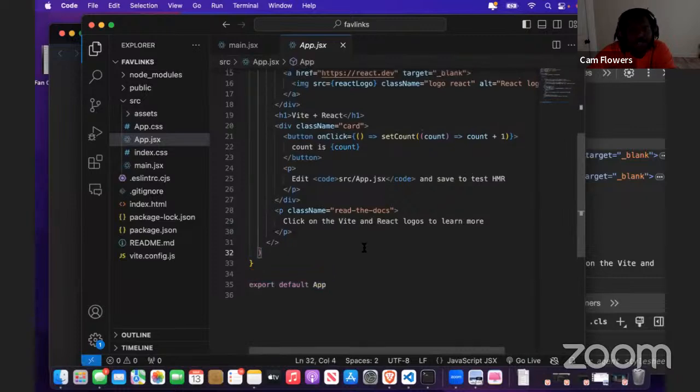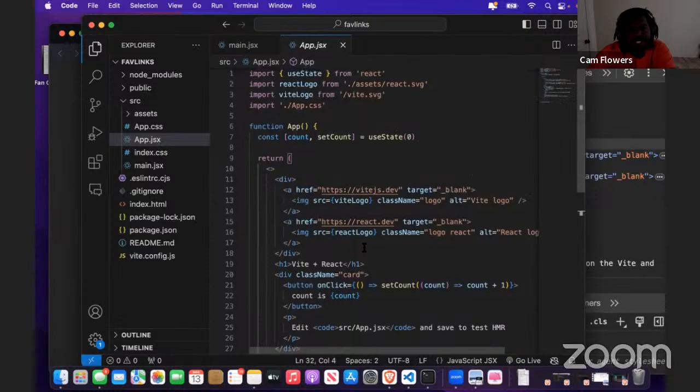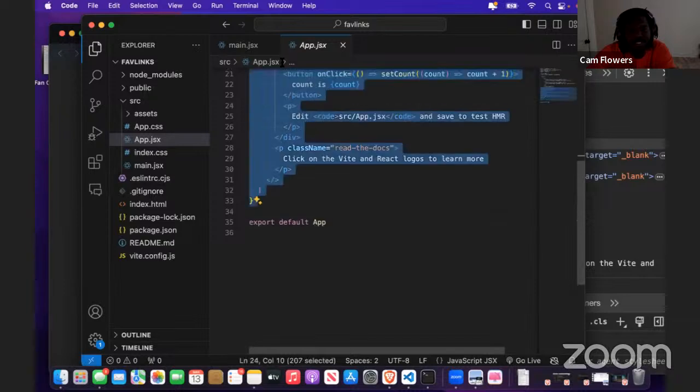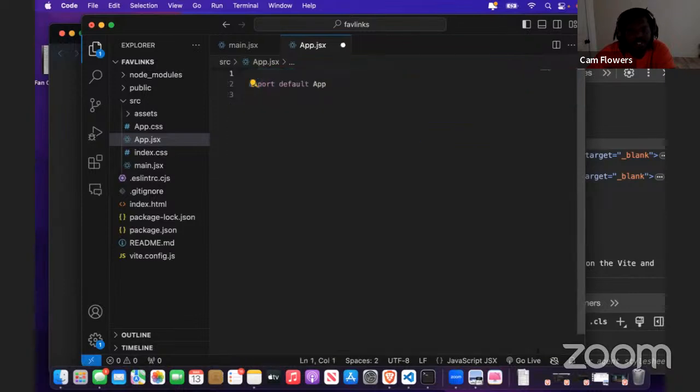And the first thing I'm going to do here, I'm actually going to just delete everything that's inside of this app.jsx right now. Oops, yeah, I'm just going to go ahead and delete everything in there. And even this export line, we'll add it back later, right? So basically, with the app.jsx,